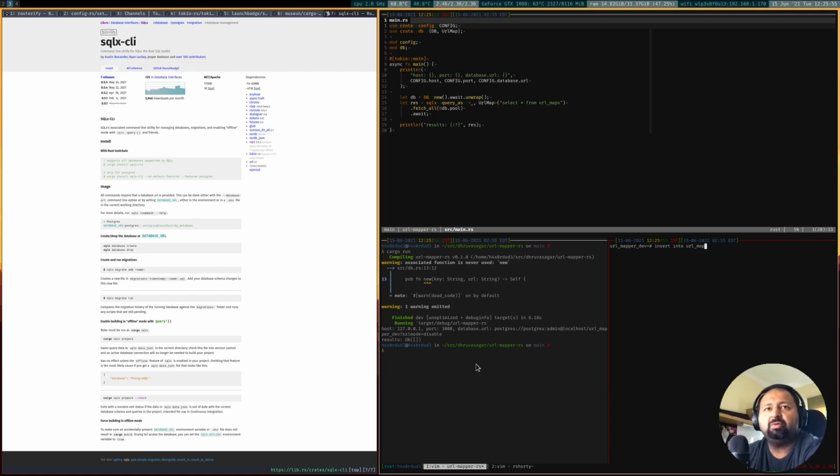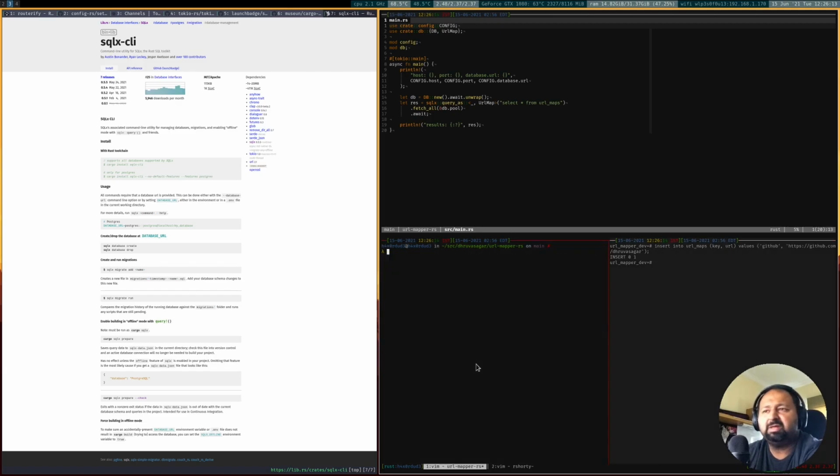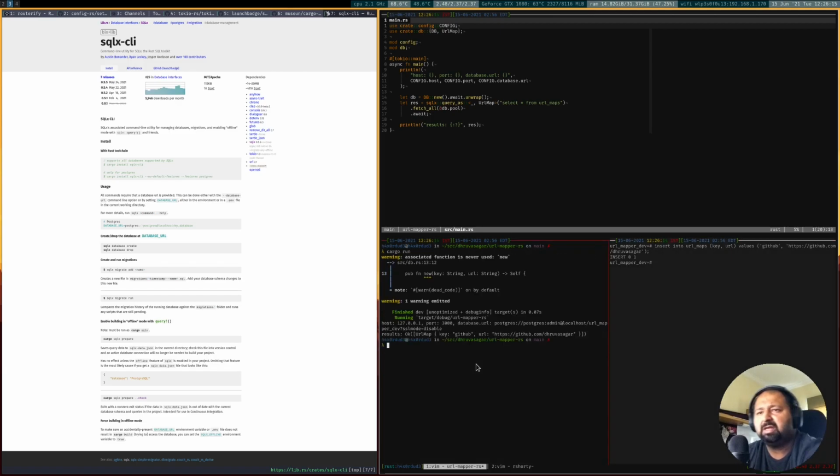sorry, URL maps, and so we have a key and URL. So let the key, for instance, be GitHub, and I'll give my link to my GitHub profile. We'll use this. It's been inserted. Let's run it again, and bam, you see that now we are returning the key value map that we have in our database.